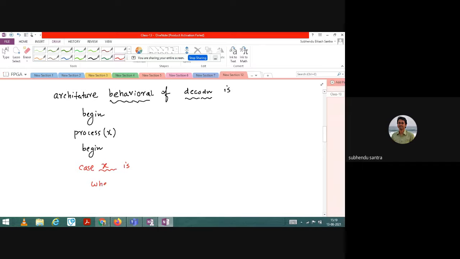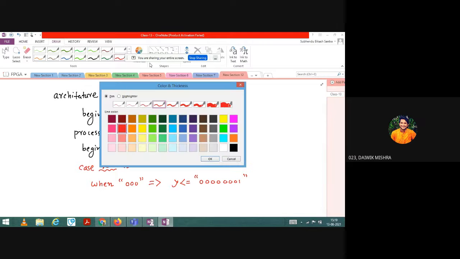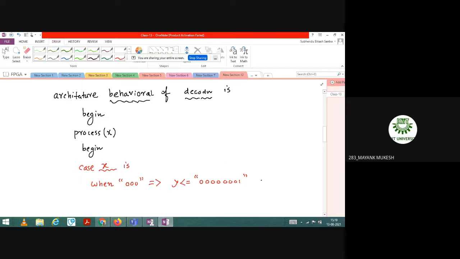Now you see how easy the writing is. When X is the variable and the variable value is, as I told you, value 1, that means if the value is 000, I directly assign it. Then what statement? Y is the output, so Y I can assign directly. I am writing for D1 to D8, so 1 2 3 4, okay, 5 6 7 8. Is it clear? Yes, sir. I have started from D1, actually.